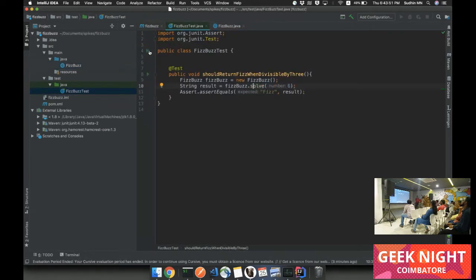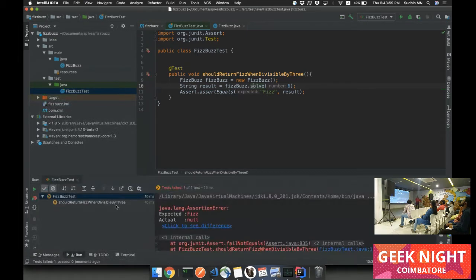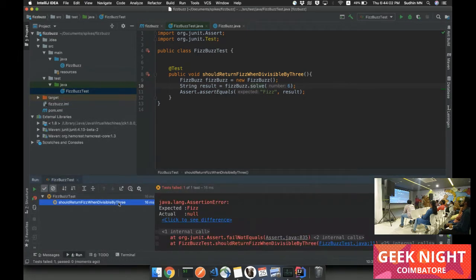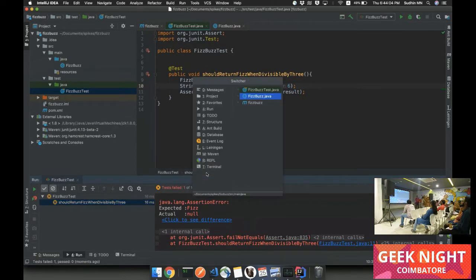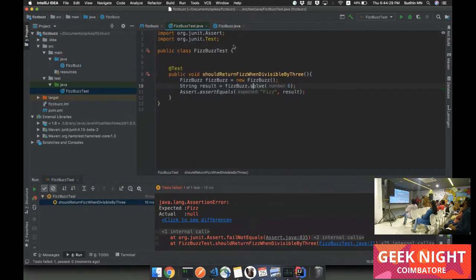Now we'll go and run our test. Yep. So now our test fails. Now we go and write enough production code to fix this test. If the number is divisible by 3, then return this, else return null. Right.